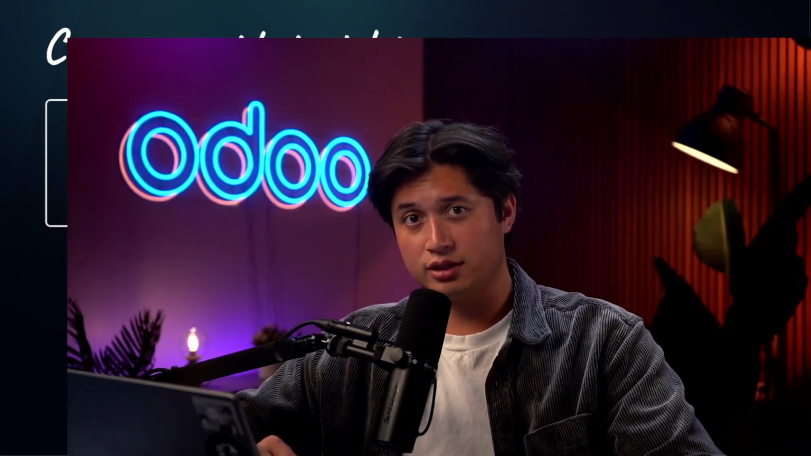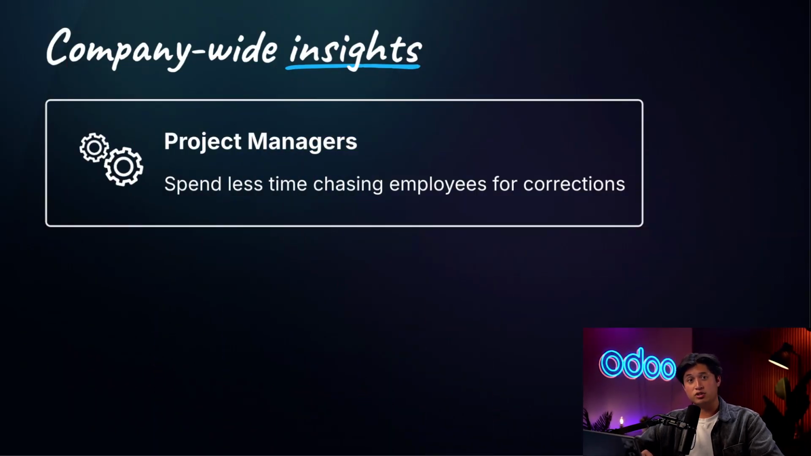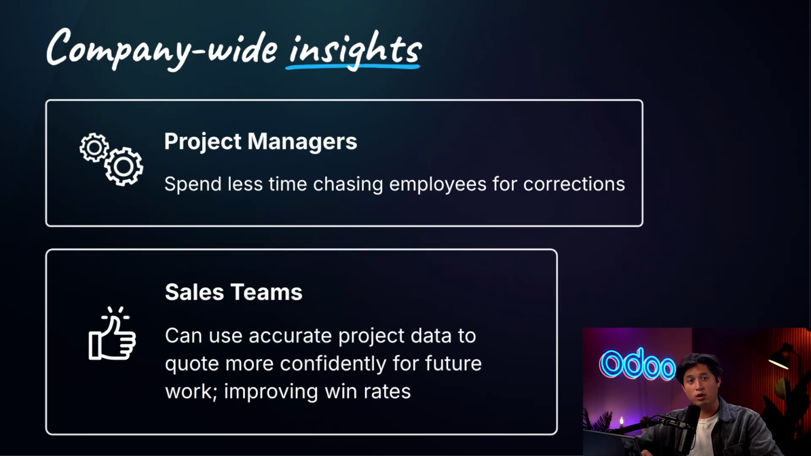And that's how Odoo AI turns vague or incomplete entries into clear, consistent project records. By flagging issues automatically, managers save time, employees stay accountable, and clients gain confidence in work being billed. In addition, project managers spend less time chasing employees for corrections, while sales teams can quote more confidently with future work, improving win rates. With AI handling quality checks, your team can spend less time fixing timesheets and more time driving projects